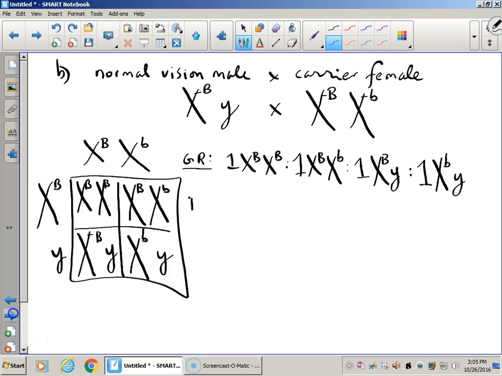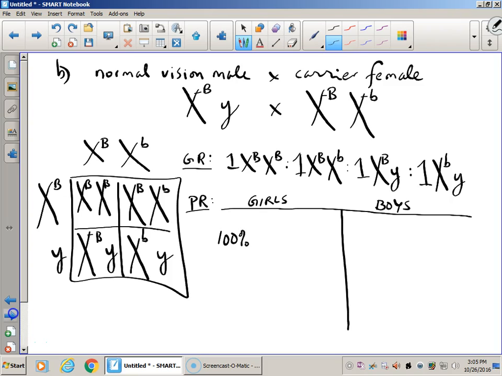No problem. With sex-linked or X-linked, you want to split the chart: girls and boys. So in this case, as you see, if you're female, it's a 100% chance of normal vision. But because it's on the X chromosome and boys are hemizygous for this trait, 50% chance of having a son